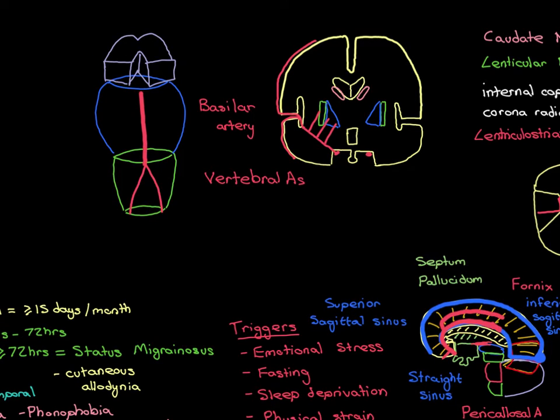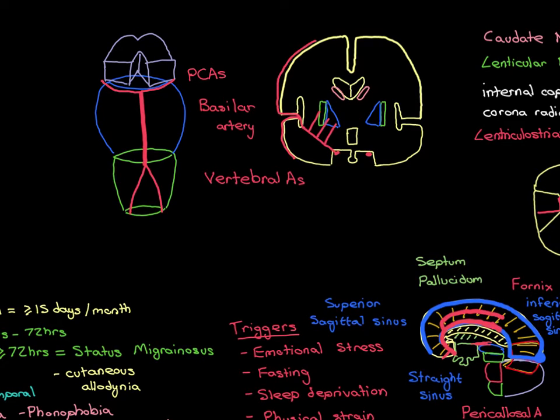So at the junction between the pons and the midbrain, and again, all of this is covered by pia mater, you're now going to have the basilar artery splitting into the two posterior cerebral arteries, and they go round the back of the medulla, like so. So, let me label those up. So these are the posterior cerebral arteries, and I think it will be okay for me just to abbreviate them